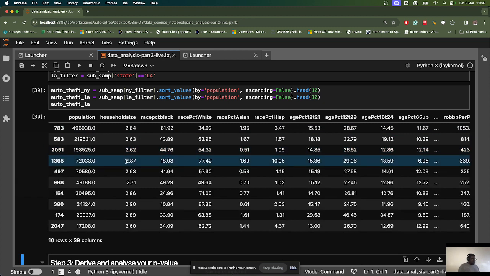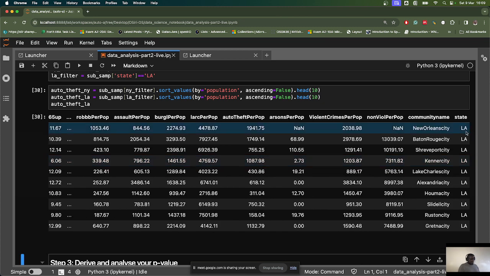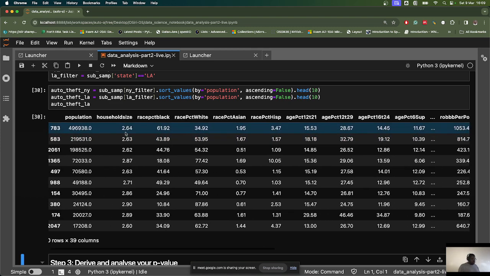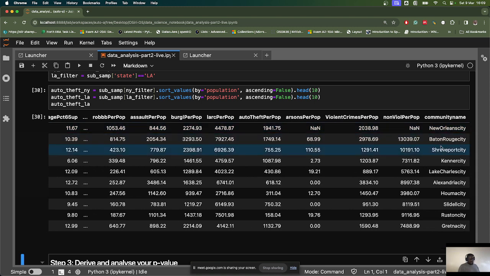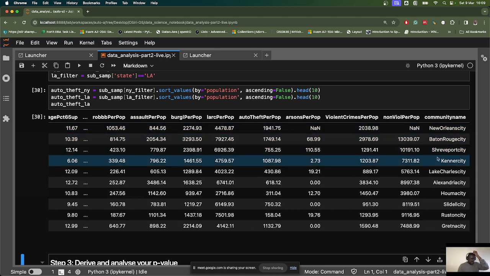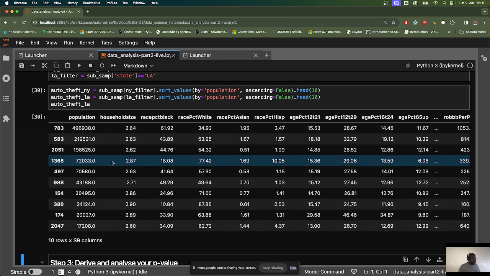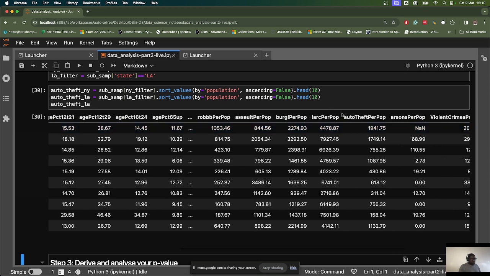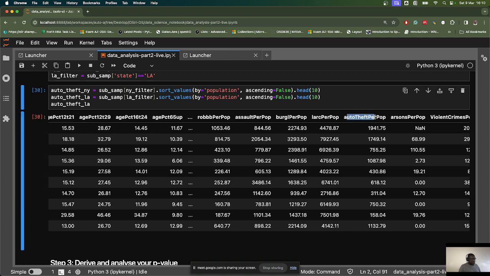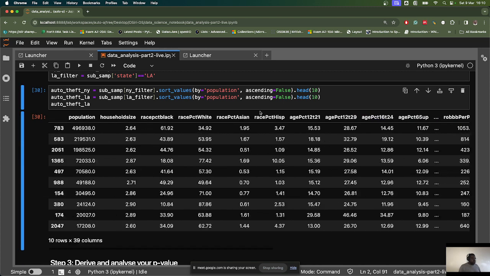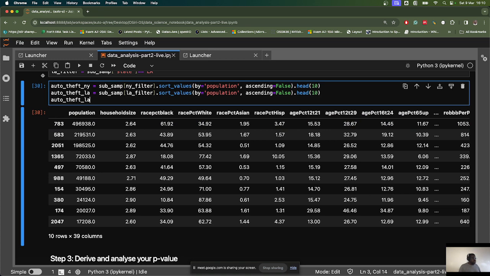If I run this now, so this is for LA. So New Orleans City has the highest population, followed by Baton Rouge, and then some other places. And so yeah, these are the ones I'm interested in. But for all the cities, I'm just interested in the column that has to do with auto theft. So I'm just interested in the auto theft per population. So to do my statistical test,